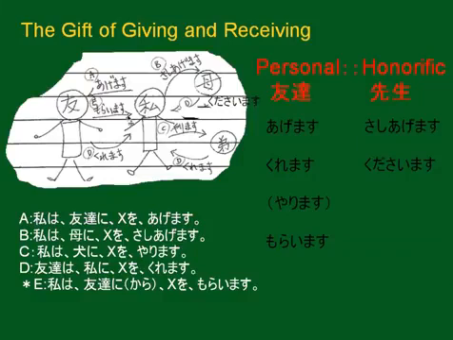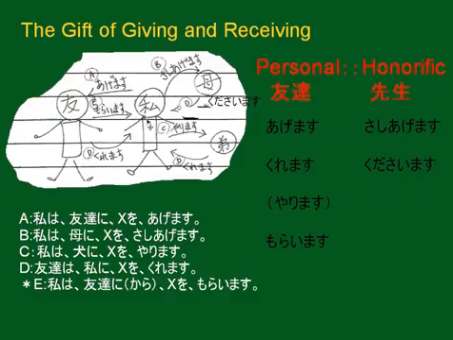Now this next one, the E, is a little tricky. This is receiving. In this case, I would say I am receiving something from someone. So I am the recipient, but I'm still the subject of the sentence. Do you see the difference between くれます and もらいます？私は友達にもらいます。私は友達からもらいます。I am receiving a gift from my 友達。